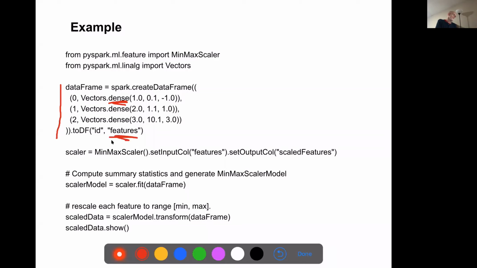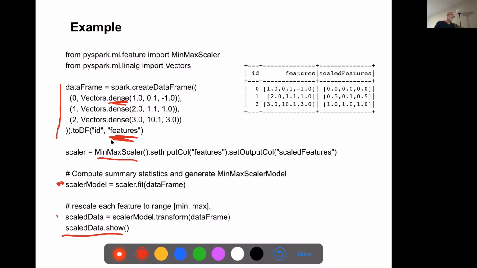And again, features is pretty much a convention. I'm using my min max scaler and fitting the data. I fit the data and then I transform the data, and then I can look at the output which we saw earlier.